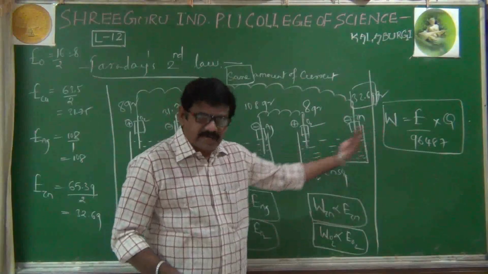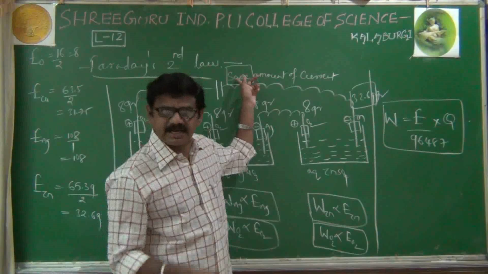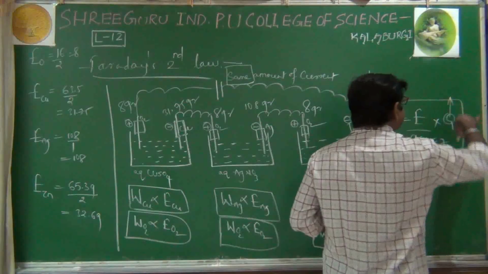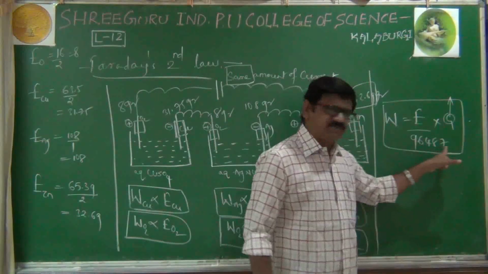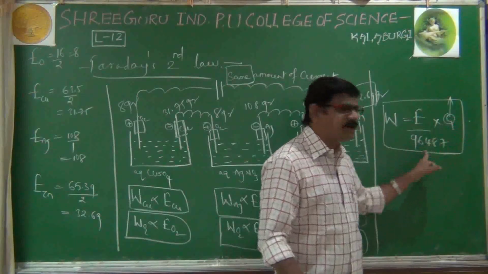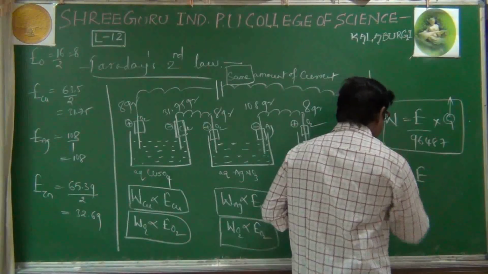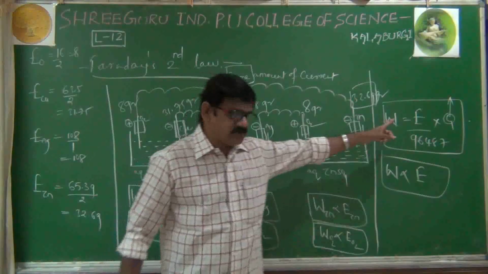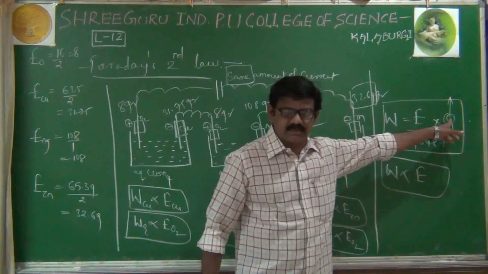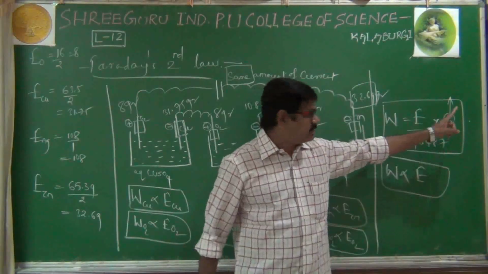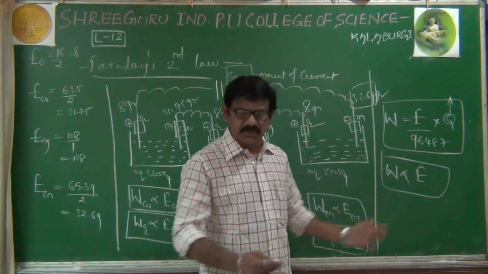Now, from this first law, we can derive the second law formula. How? Because in the second law, we are sending the same amount of current. That's why whatever the Q value is, Q will be fixed. Q is a constant, and 96487 is also constant. If both are constant values, then we can say that W is proportional to E. That's it. From the first law, we have deduced the second law. Here Q is constant because the same amount of current we are sending. Automatically we can write W proportional to E, or W equal to some constant into E.